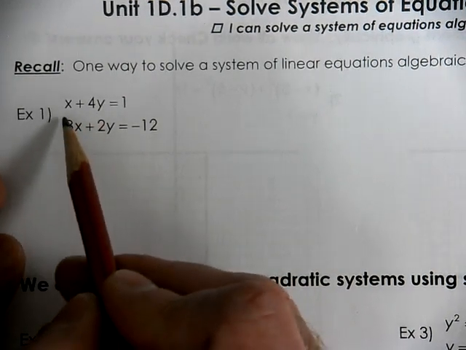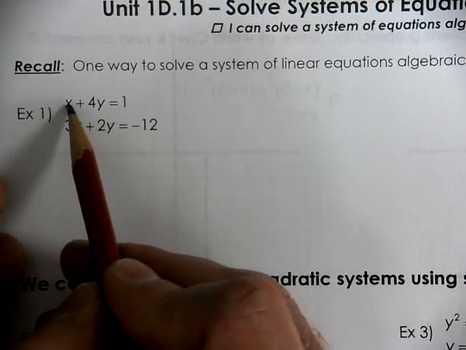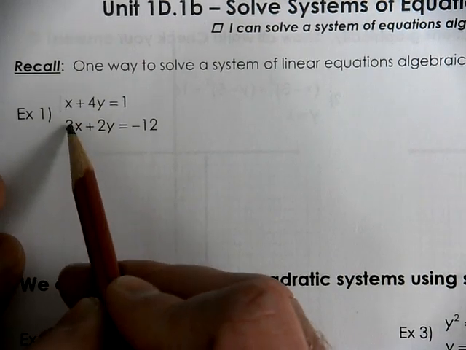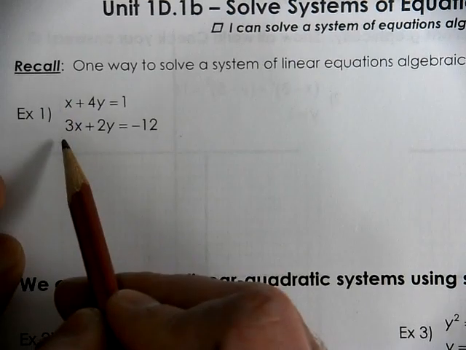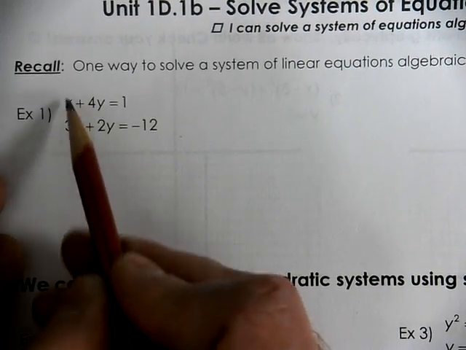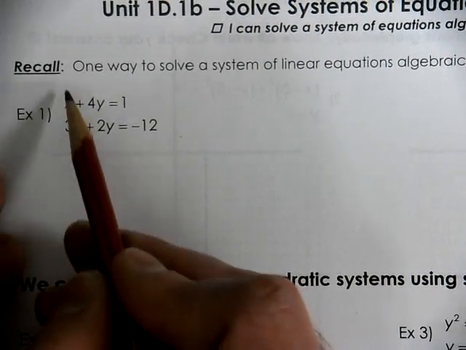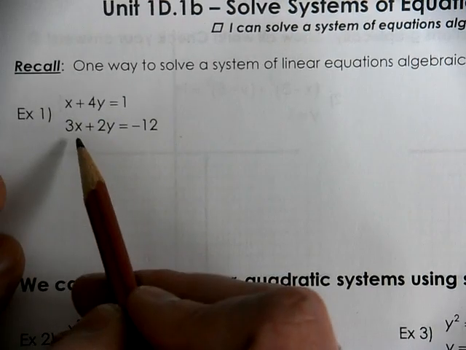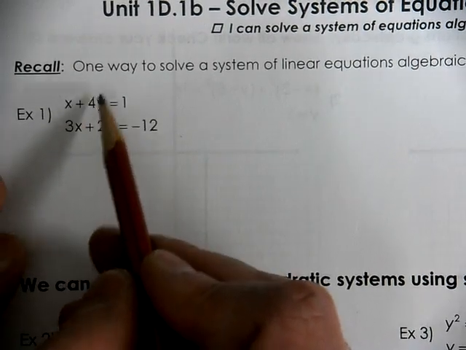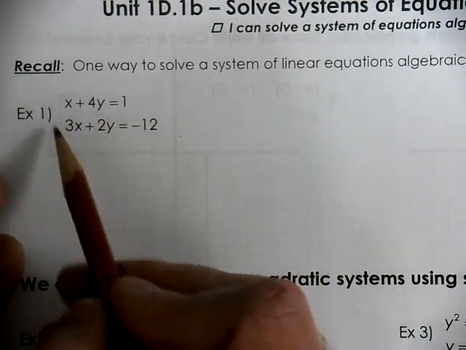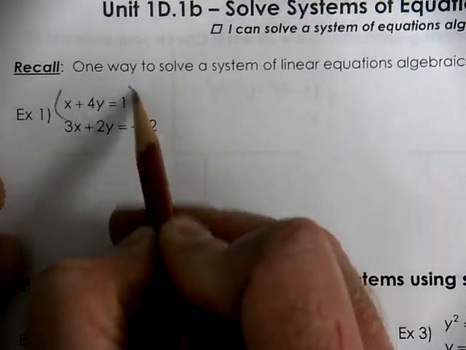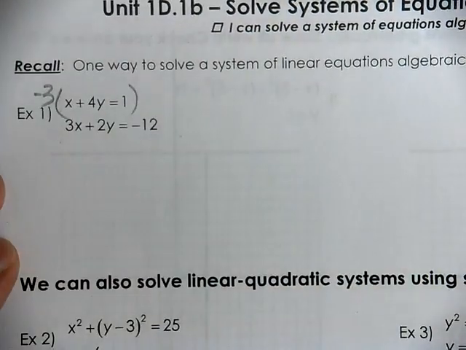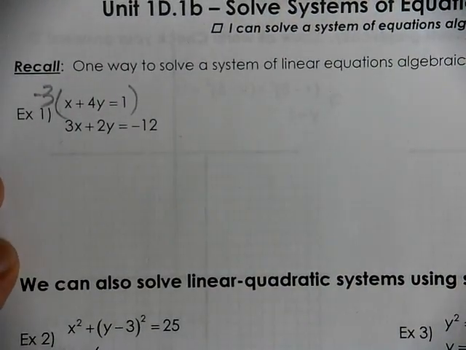In this case, I notice that I have 1x, and here I have 3x. If I were to add these two together, it would currently add up to 4, but I want it to add up to 0. I want to get rid of my x's. It's your choice which variable you want to get rid of. I'm choosing to get rid of the x's. So I'm going to multiply this first equation by -3